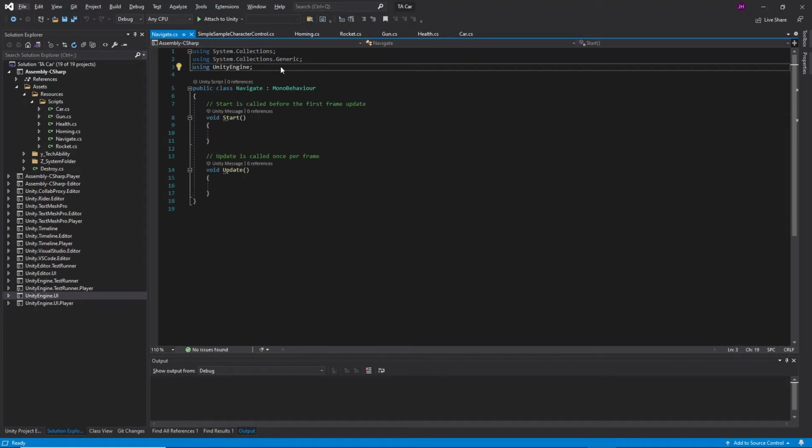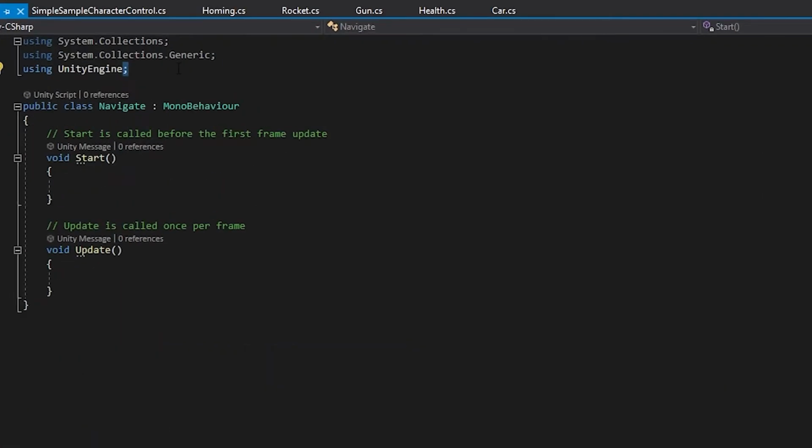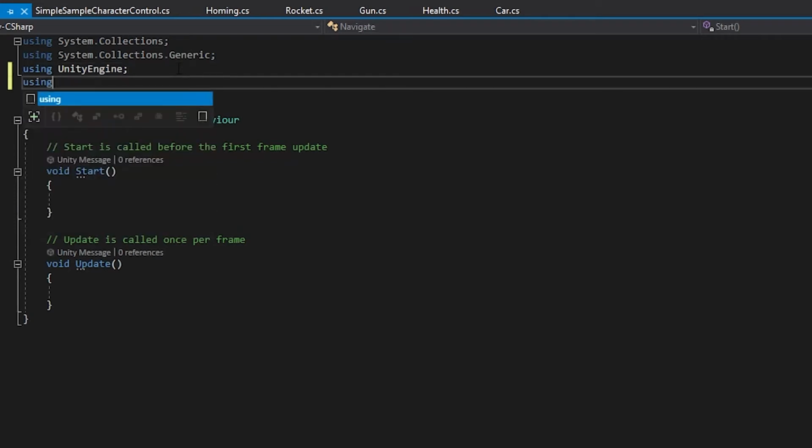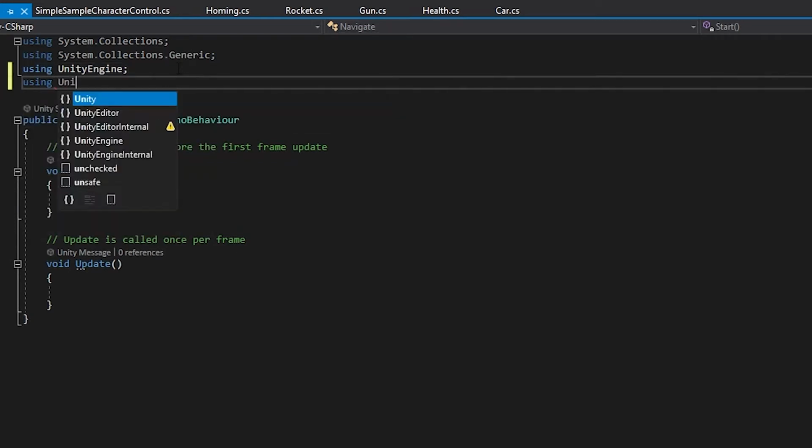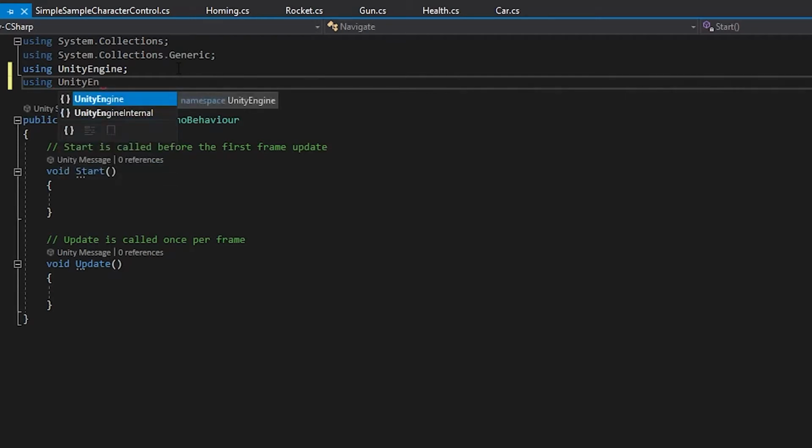Like when we created the scripts for our UI elements, we're going to add in another namespace to interact with the navigation mesh. At the top, under UnityEngine, type using UnityEngine.AI;